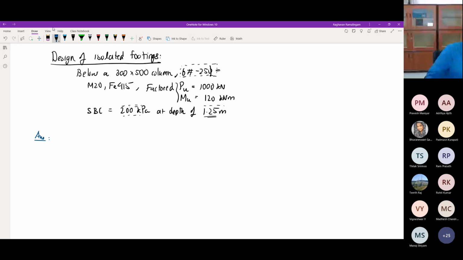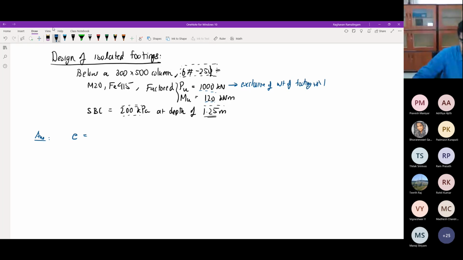So these details are given, and since we have a moment and axial load, we might also want to find out what corresponding eccentricity would be present because of these two combinations of load and moment. One thing that has not been yet considered is this Pu is exclusive of weight of footing